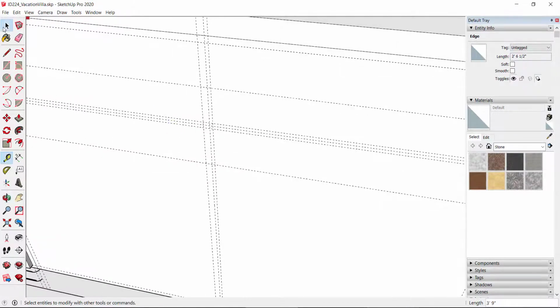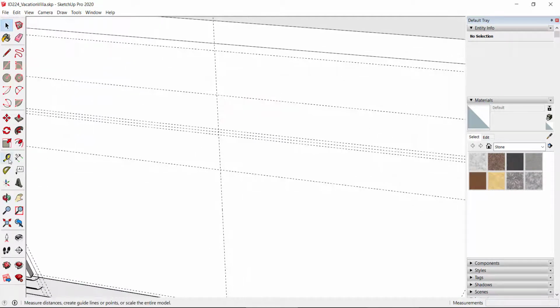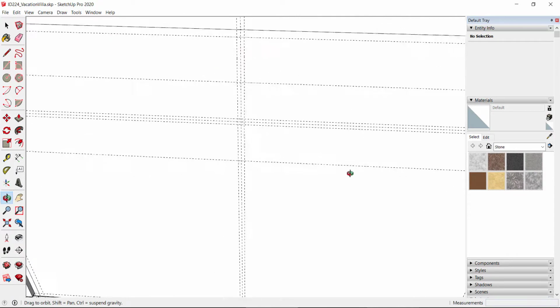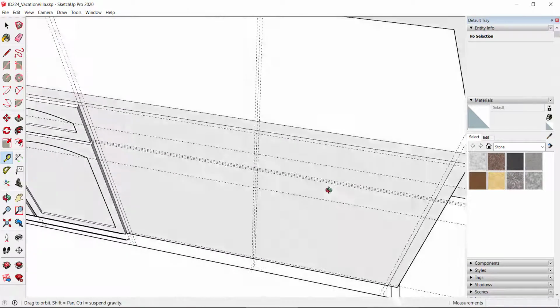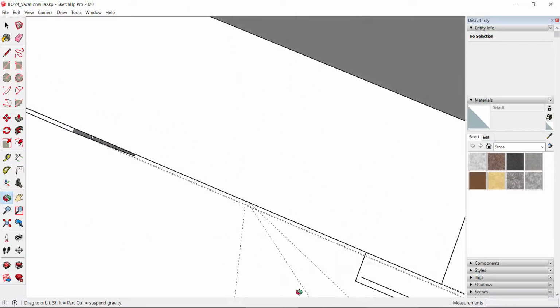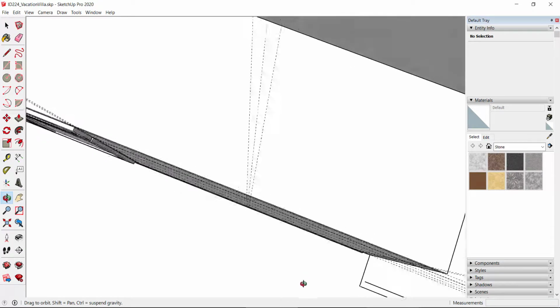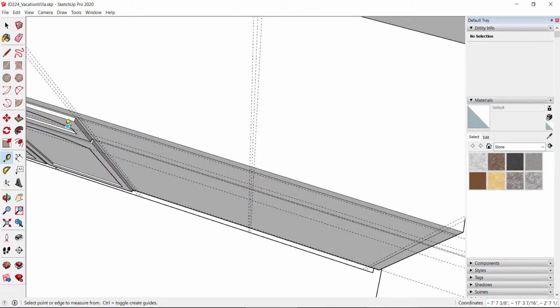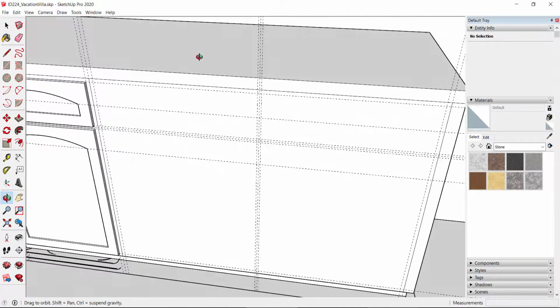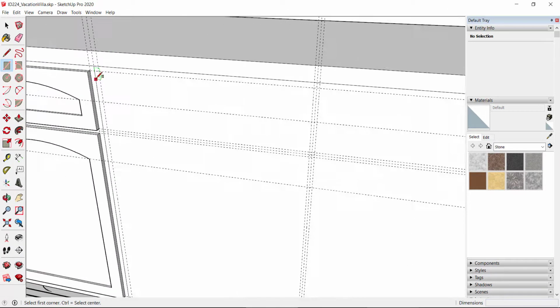And I think I screwed that up a little bit, so I'm going to try that again. I think I pulled something away from something. Measuring tape. Make sure you get that red line, or green depending on where you're at, 0.25. Same thing this direction, red line, 0.25. That looks much better. Always double check and make sure that all your lines are actually on the surface. The only ones that are not are the ones that are helping me to find the arcs, so we're okay for right now. So rectangle. Start it here,